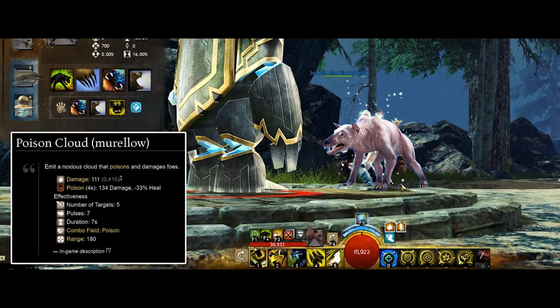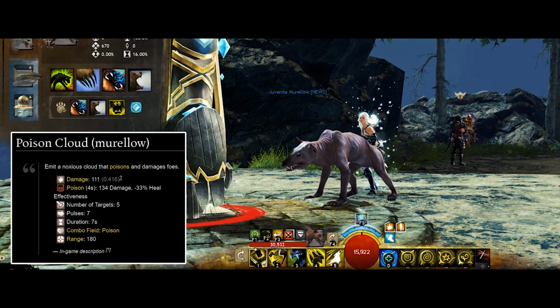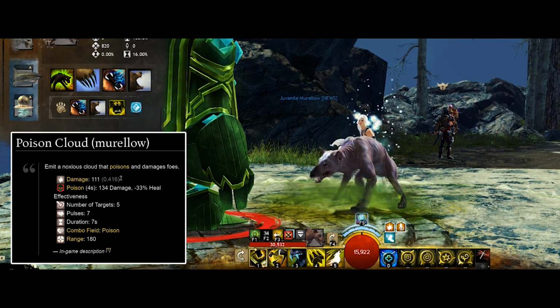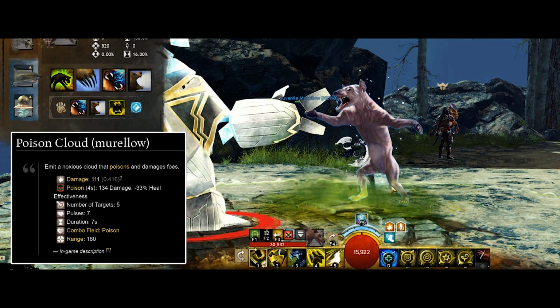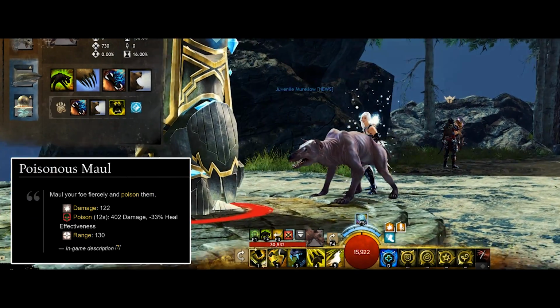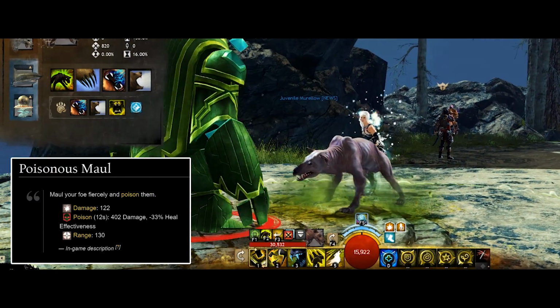The Murellow's F2 core attack is Poison Cloud, which is an area of effect combo poison field. This attack can affect up to 5 enemies, endures for 7 seconds and inflicts 4 seconds of poison to boot. The attack has a range of 180. Now, the aquatic variant is a Poisonous Maul, which deals flat damage as well as inflicting 3 stacks of poison